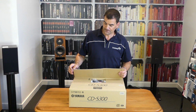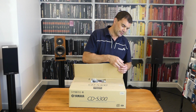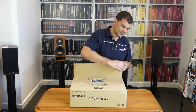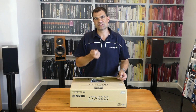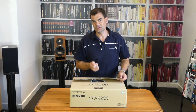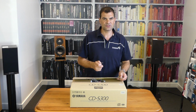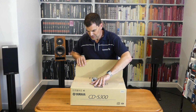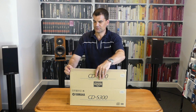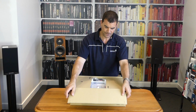bit of a yank. Anything that is packed with staples, it's very important you spend just a few seconds removing the staples themselves. These things are sharp, and there is nothing worse than taking that brand new product out of a box only to scratch it with the sharp edge of this, leaving it permanently marked. This one's sealed with two staples, so again I'm going to be careful to remove that and get rid of